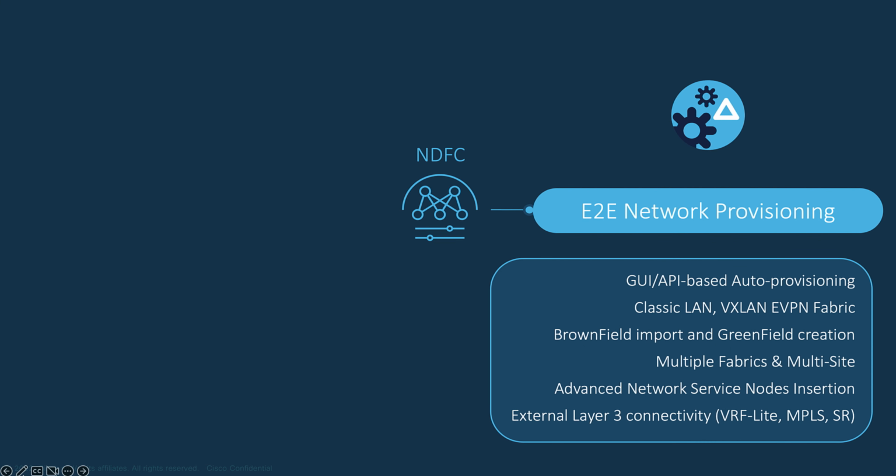To summarize what NDFC brings to you, it offers the tools to automate the deployment end-to-end for any type of fabrics in a few clicks, overlay networks and VRF across any fabrics. The LAN fabrics become also fully programmable, either using the NDFC GUI, or you can use your preferred API management tools against NDFC RESTful APIs. For any reason, at any time, you can restore a backup configuration to one or multiple sites. You can insert firewall or